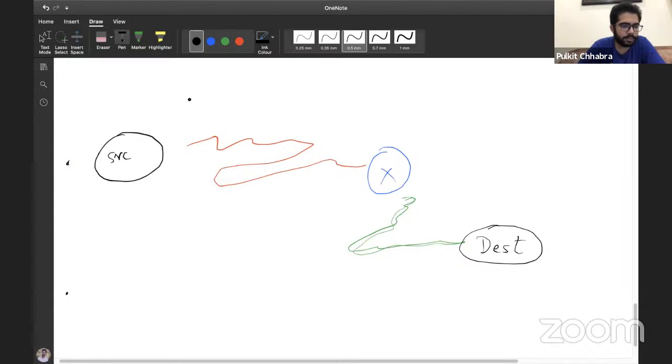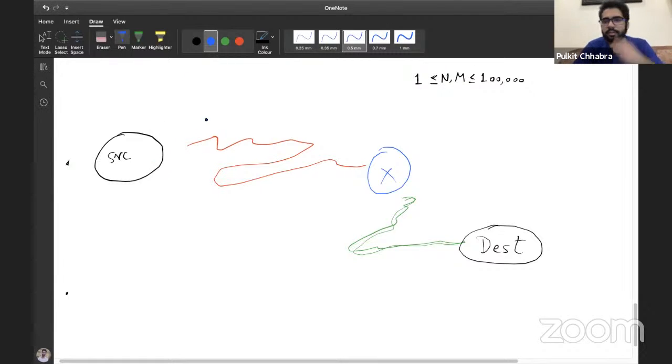Generate all possible paths and narrow. Yeah, if you generate all possible paths, maybe you'll be able to solve. Definitely you'll be able to solve the problem, but you'll end up taking a lot of time. Let's say we are being given that the number of nodes and number of edges are greater than or equal to 1 and less than or equal to 100,000, so 10 to the power 5. So it will not work in those constraints. All right, so let me just continue then.